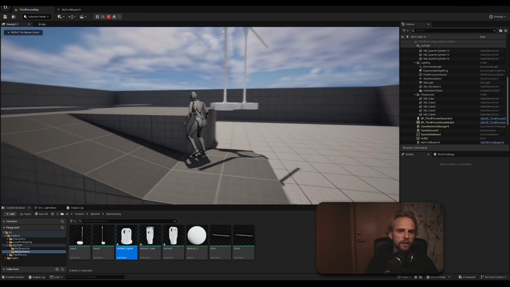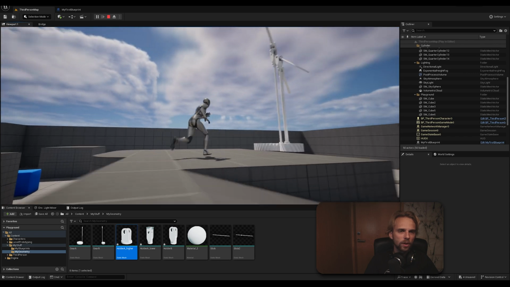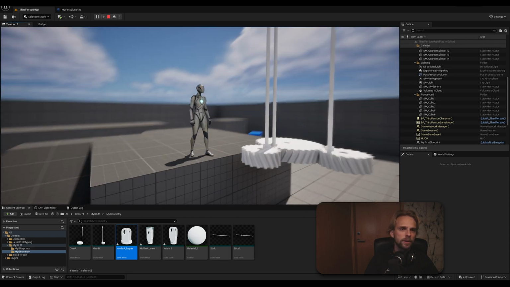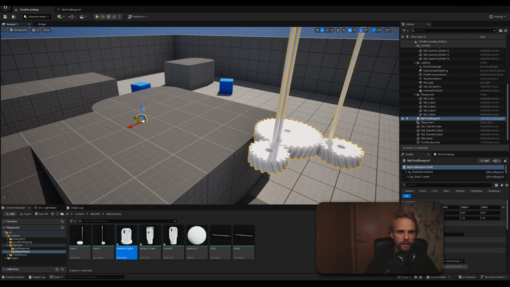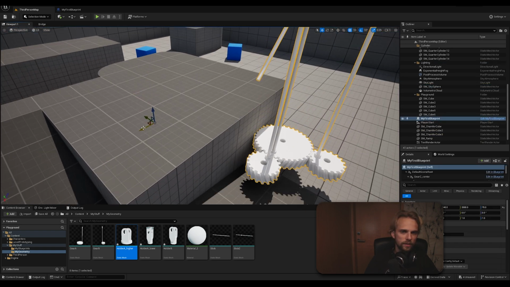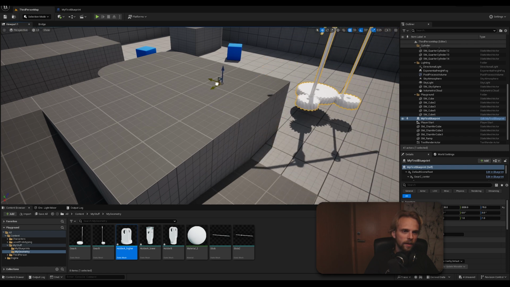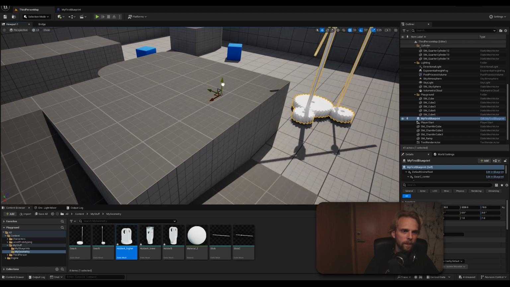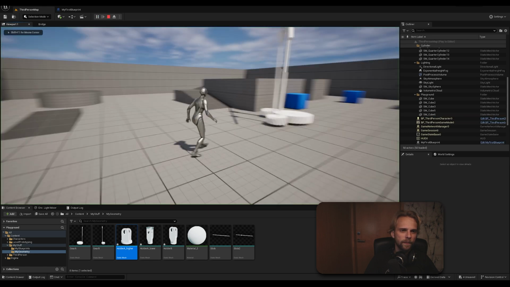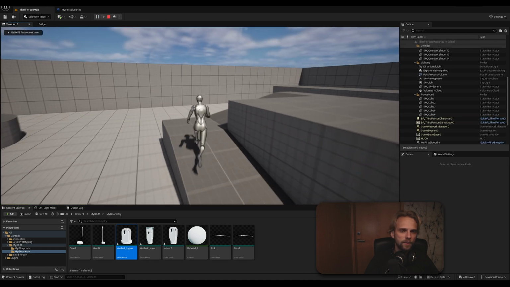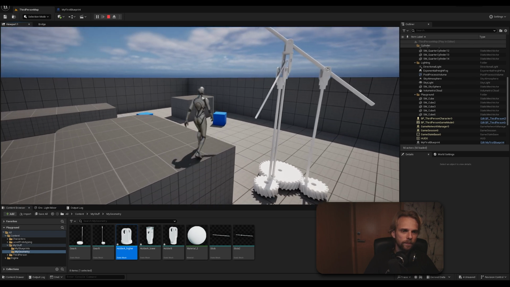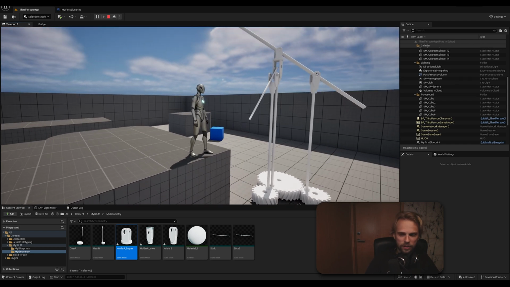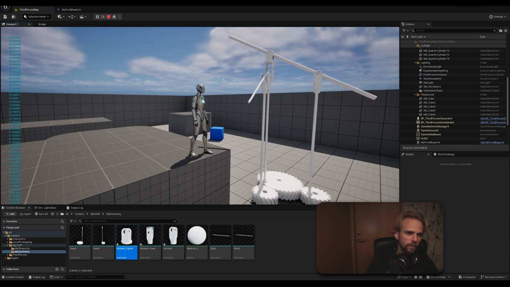Oh yeah, I forgot that I removed the world offset, so we'll need to fix that. But for now, let's find a way. Actually, let's move this down to somewhere here, like that. And then I move on top of here so that we can see better. I know there's a better way, but